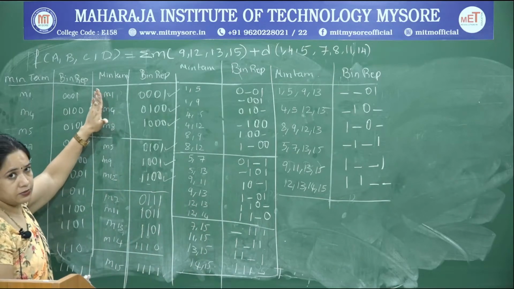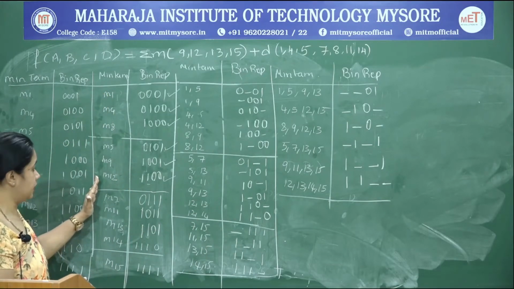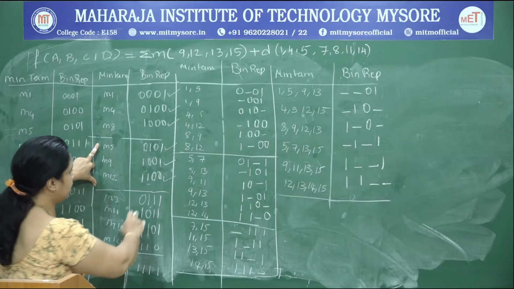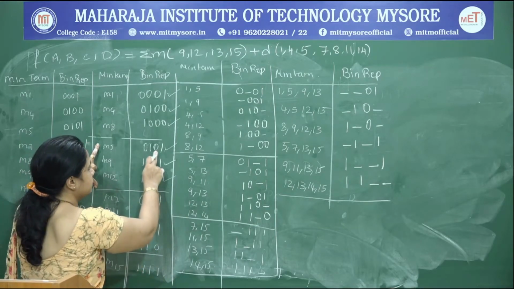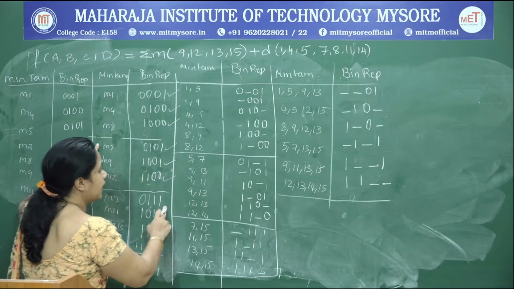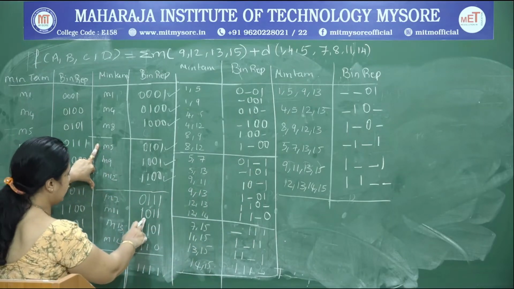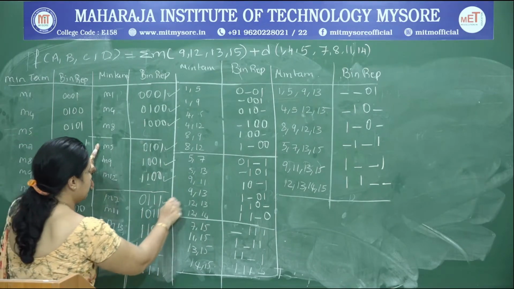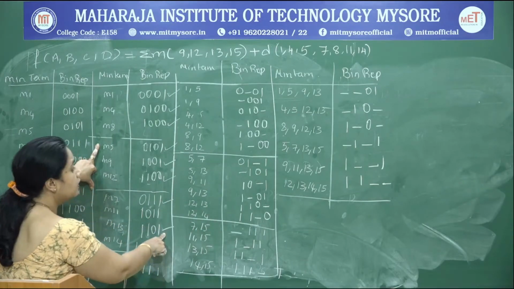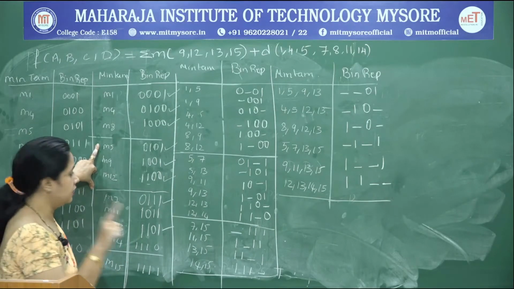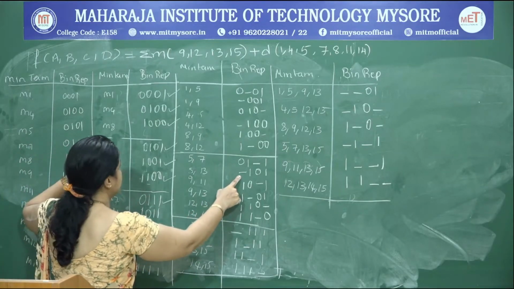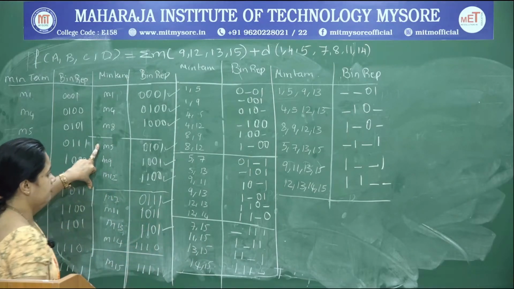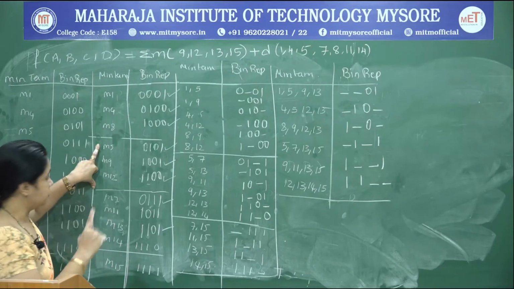Now I am done with comparing all minterms of the first group with all minterms of the second group. Now I compare all minterms of the second group with the third group. So it is 5 and 7, yes, it varies by 1 bit position, this bit position, carry it to the next column, 0 1 dash 1. Next we compare 5 and 11, it does not vary by 1 bit position, we are not carrying. And next 5 and 13, yes, it varies by 1 bit position, carry it to the next column by replacing the varying bit position with a dash. So it is 5 and 13, varying by this bit position, dash 1 0 1. While carrying, you just put a check mark here. And 5 and 14, it does not vary by 1 bit position, no need to carry.